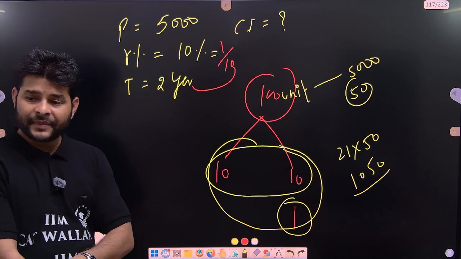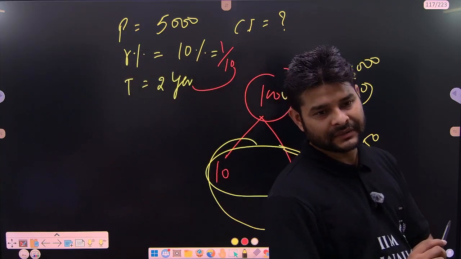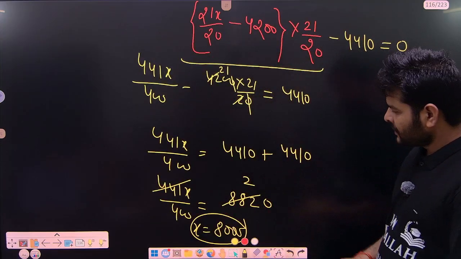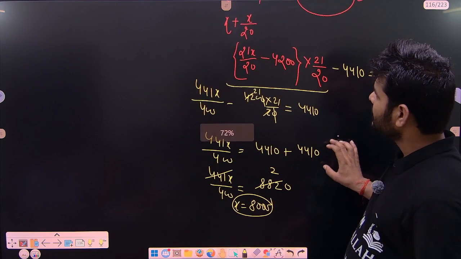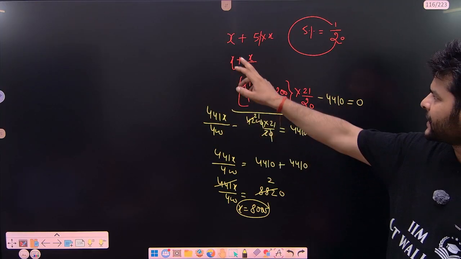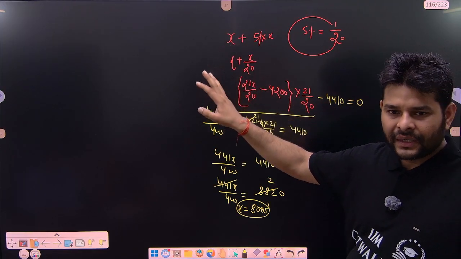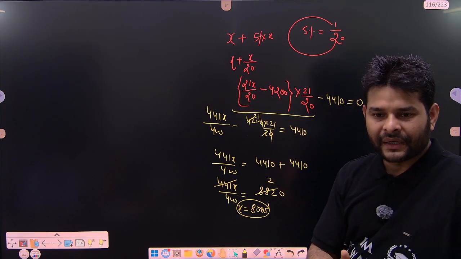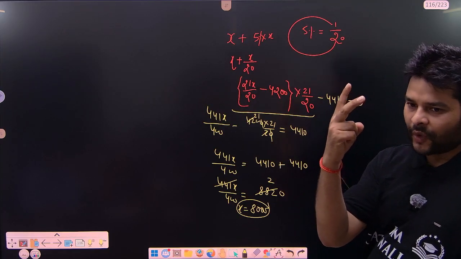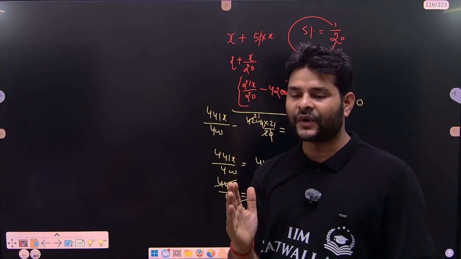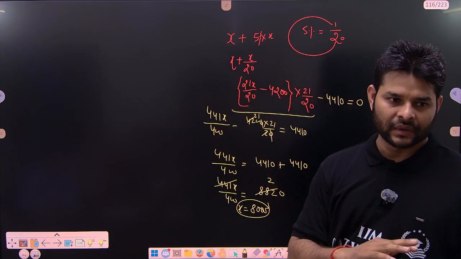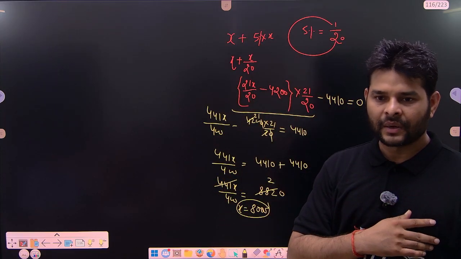The same method we need to plug into installments. The question we did with the detailed method by considering the principal as x, we need not consider the principal x to find out the installment. We can directly plug in what? The successive method. In the successive method we have 2 pillars. The first column represents the principal, the second column represents the amount, and the difference represents compound interest.